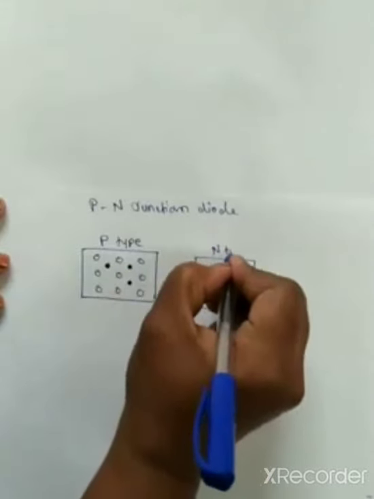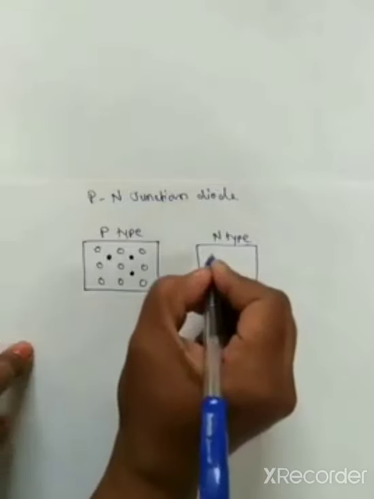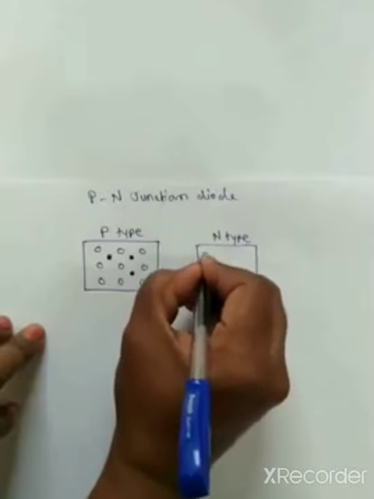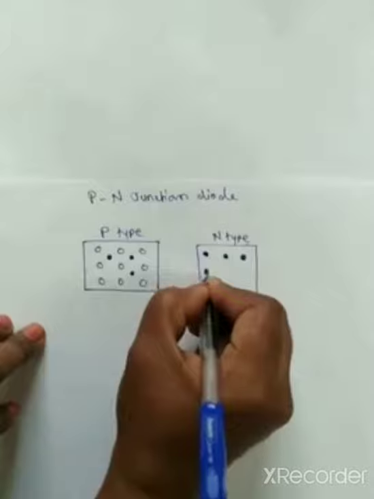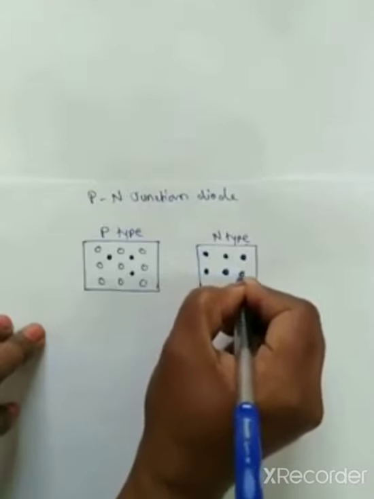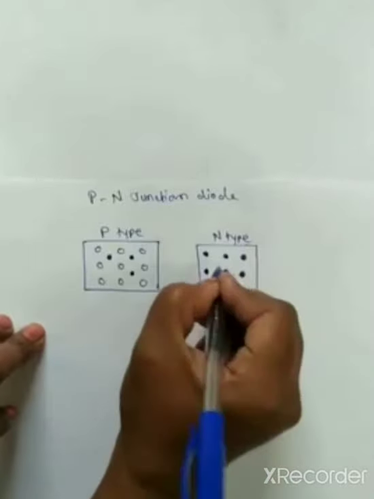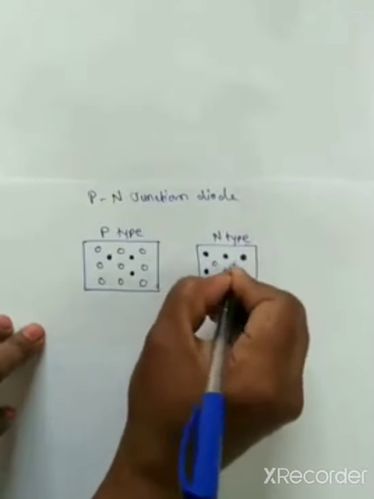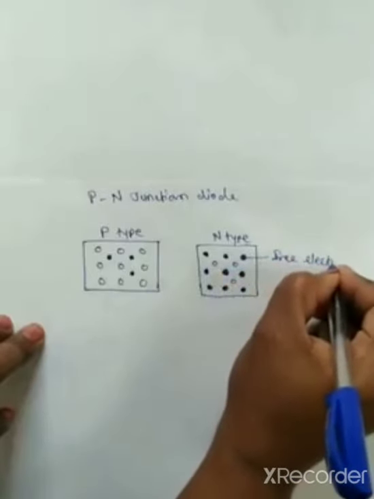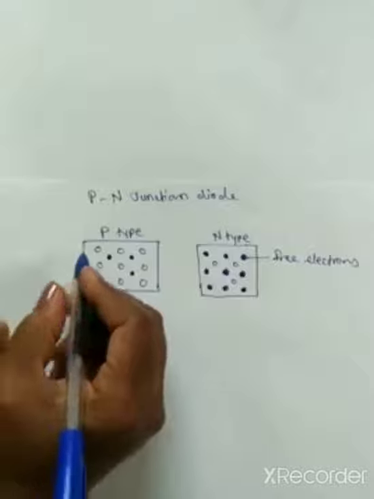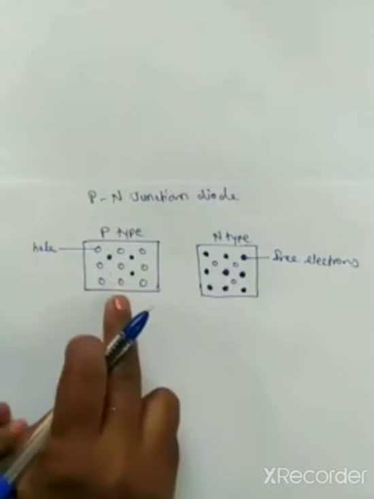And in N type semiconductor, majority charge carriers are free electrons and minority charge carriers are holes. We can denote these as free electrons, and these are the holes. Now if we join these two blocks,